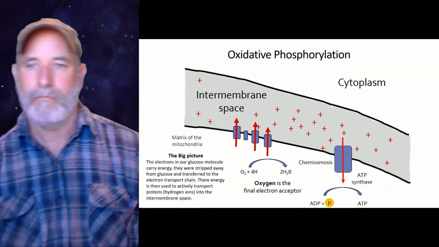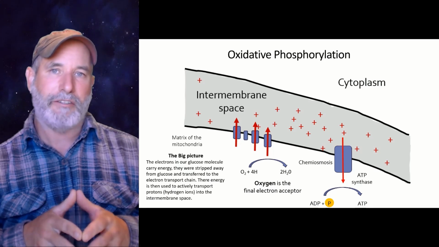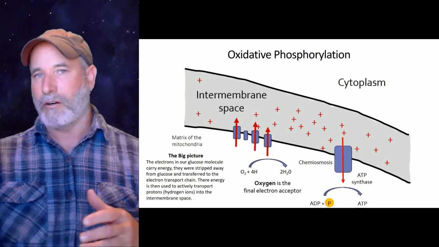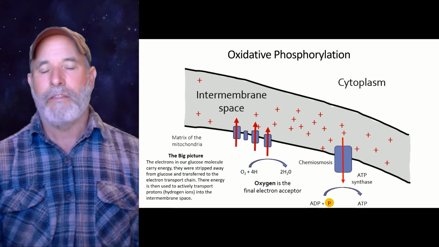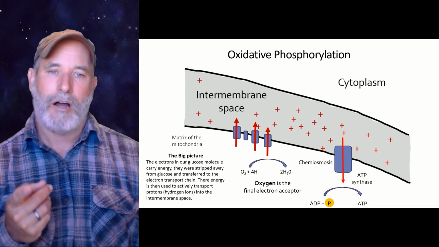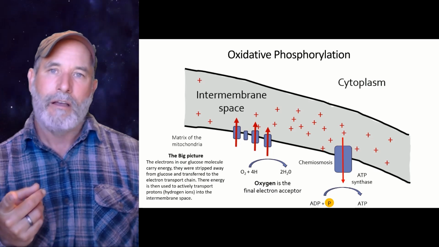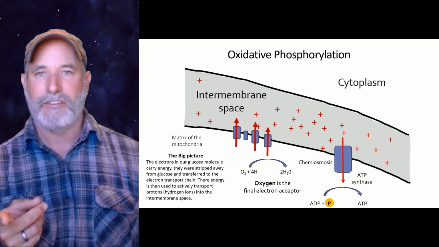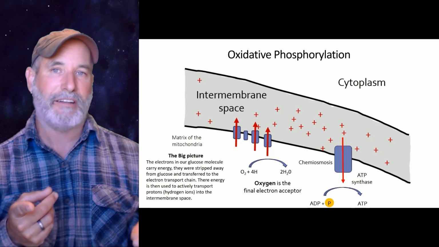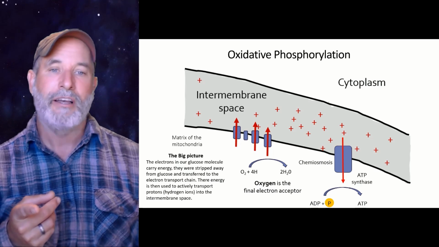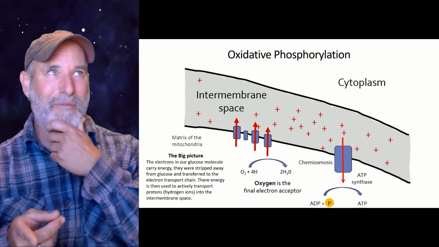Now, big picture. FADH2, NADH, they're going to get oxidized. They're carrying energy from our organic molecules. And as they get oxidized, they're going to dump their electrons off on the electron transport chain. Specifically, complex number 1. So if you were going to go from left to right, complex number 1 is going to oxidize NADH. So it's going to rip off its electrons, and it's going to use those electrons to do work, specifically active transport. It's going to pump protons into the intermembrane space. We're pumping protons into the intermembrane space.